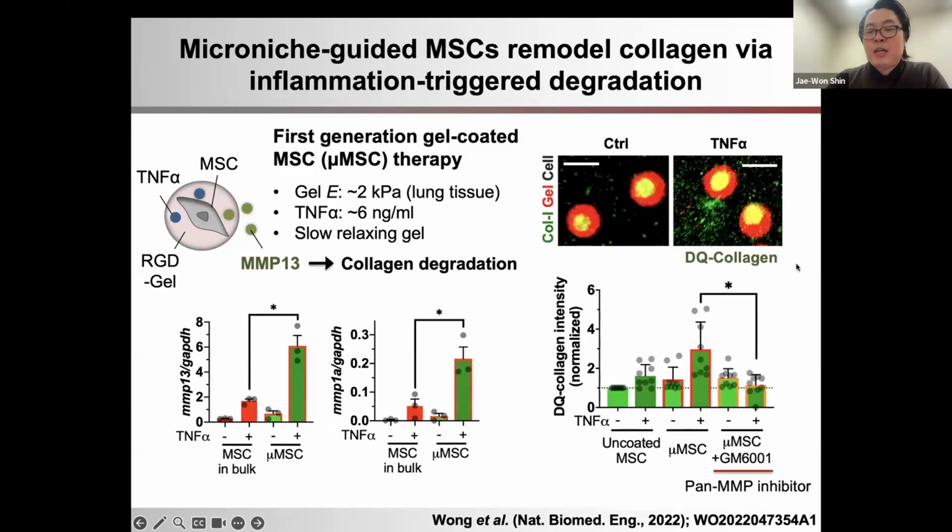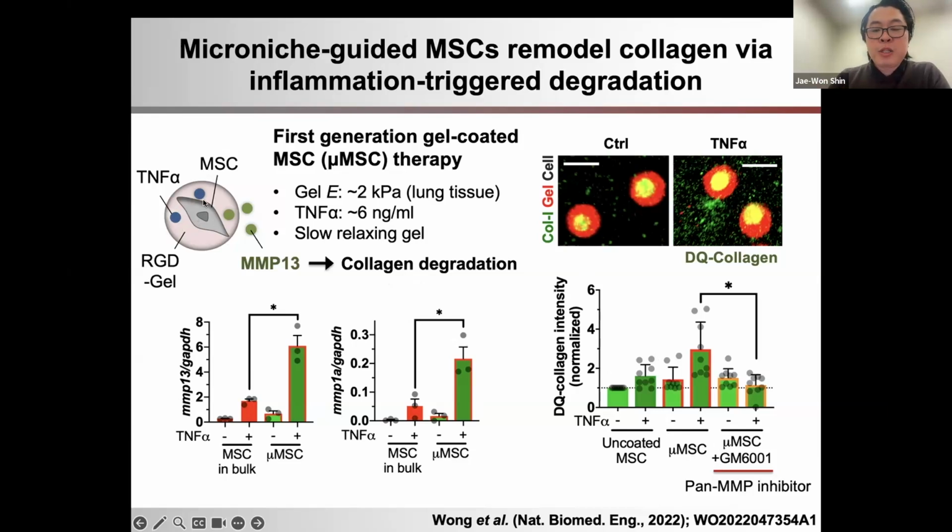And we show that the collagen degradation takes place even when cells remain within this environment, in a manner that is dependent on the enzyme against collagen called MMP. So this shows that cells secrete paracrine factors to degrade collagen when they are in the right type of environment,